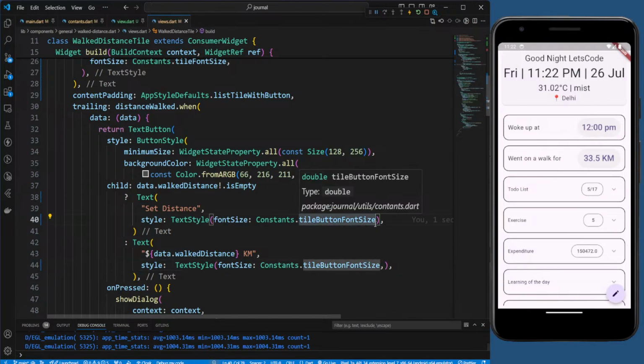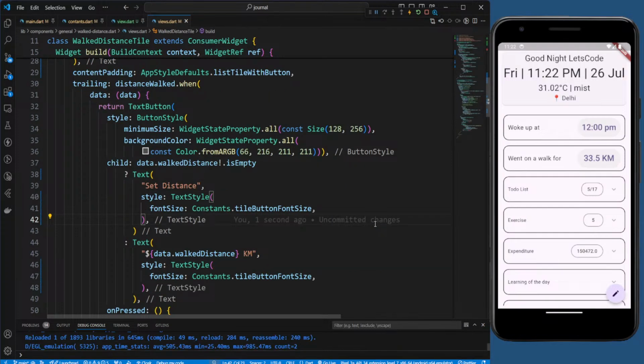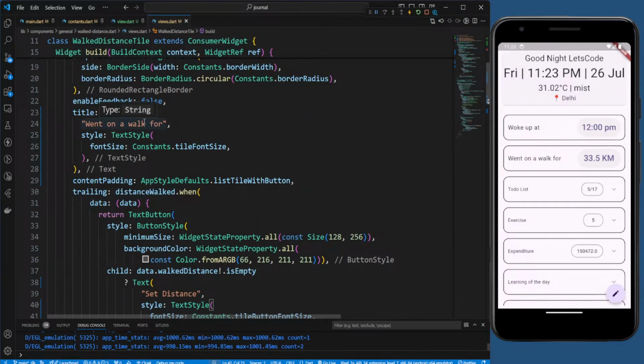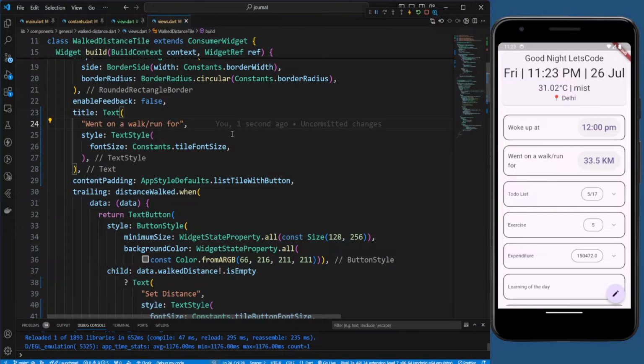Something like this. This should be it. And went on a walk. Should we change the alignment to walk or run? Okay, this will bring down the line. So if the text is longer than this, it will spoil our